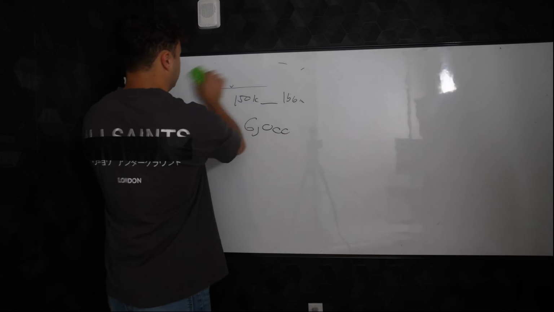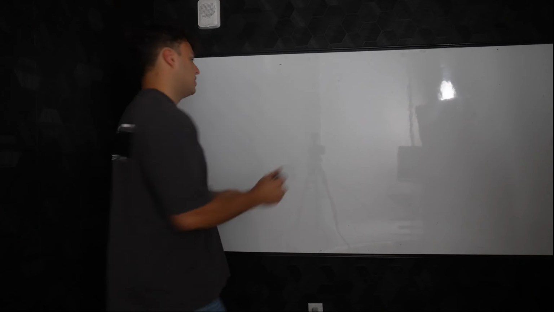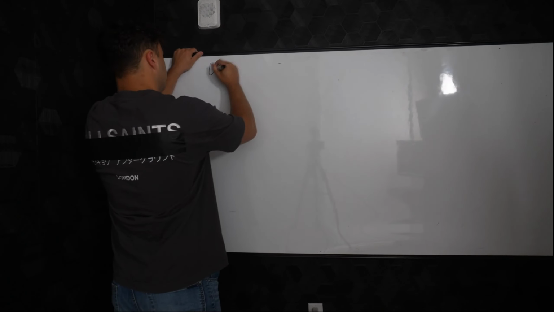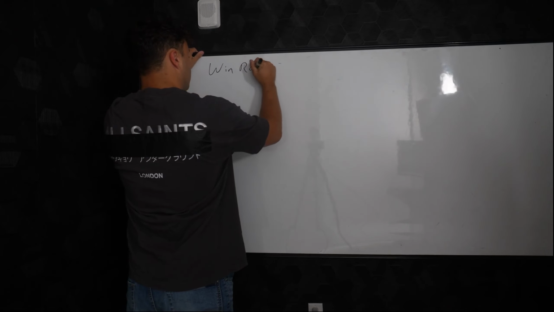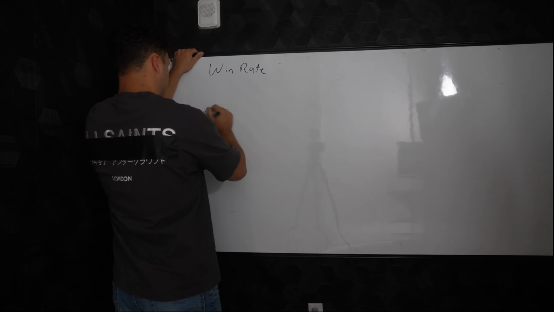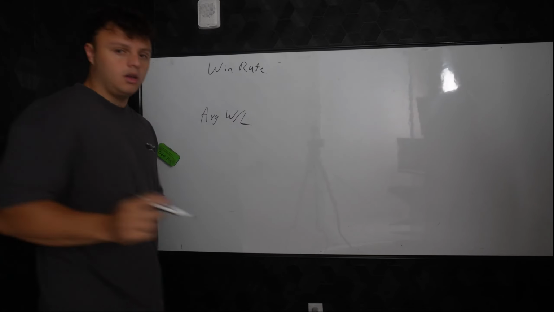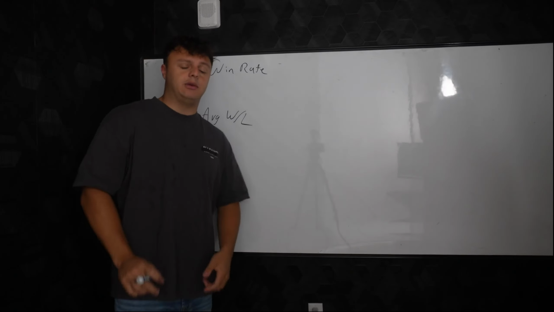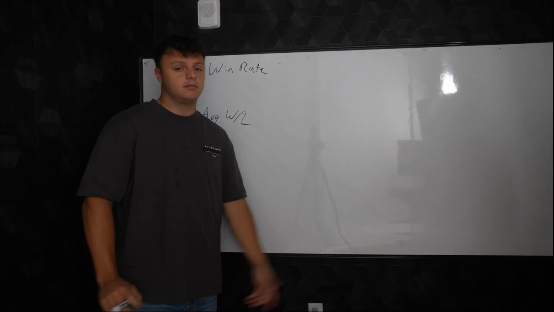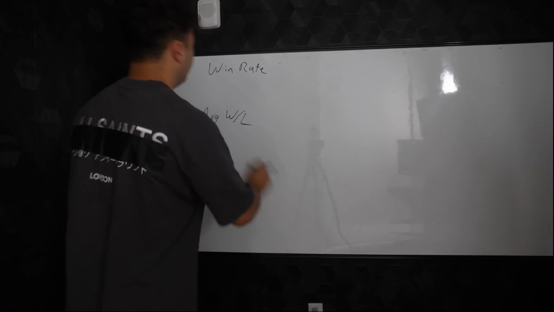But what can I do to raise my expected value? Well, there are two metrics in the expected value. There's the win rate, and then there's the average win to loss. So in order to raise your expected value, you need to lose less. Like and subscribe. Nah, okay, the win rate.